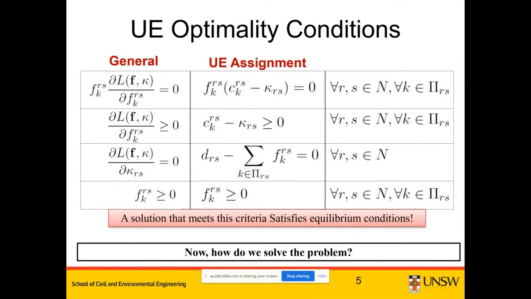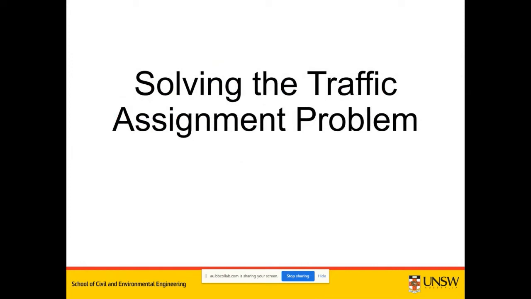But now the question is, how do we actually solve this user equilibrium problem? We talked about many different algorithms. If you remember, we talked about incremental loading. We talked about algebraic solution, where you could use simultaneous equations to solve the problem. But the problem with simultaneous equations, and also with graphically solving the user equilibrium, or incremental loading, is that if the network gets large, or if the travel time function is slightly difficult to work with,